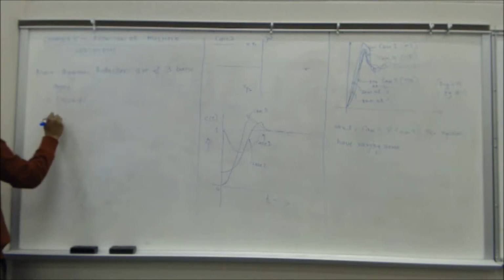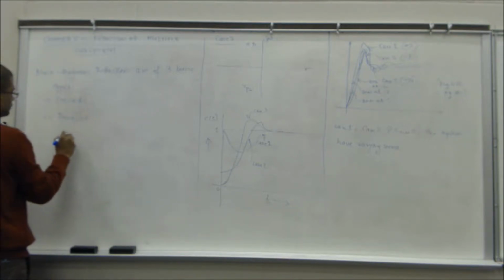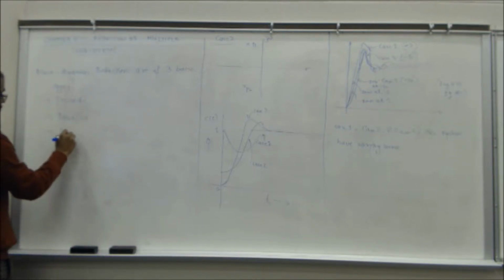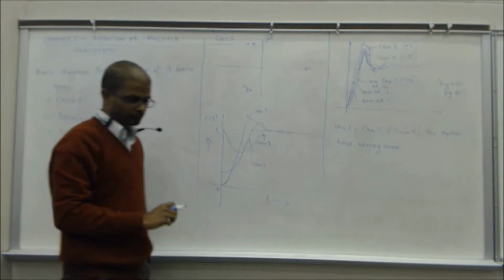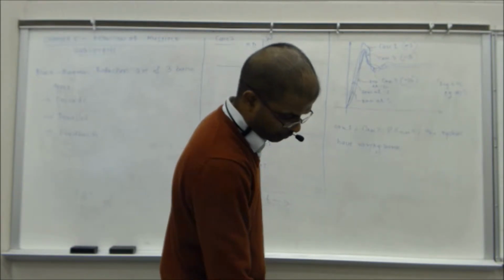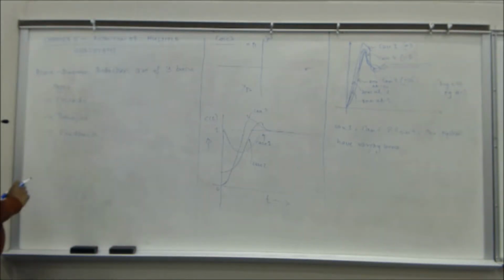The second one is parallel form. And the third one is feedback form. And all three by themselves are pretty simple actually, but when you're given a complex block, that's when things start becoming a little complicated. Okay, so cascade form